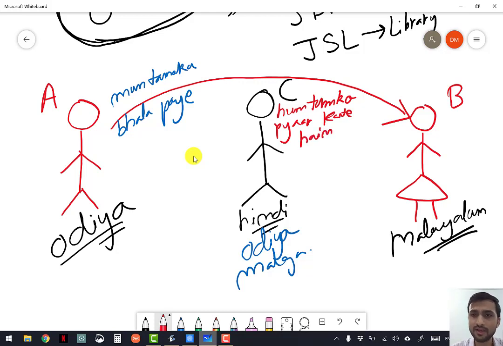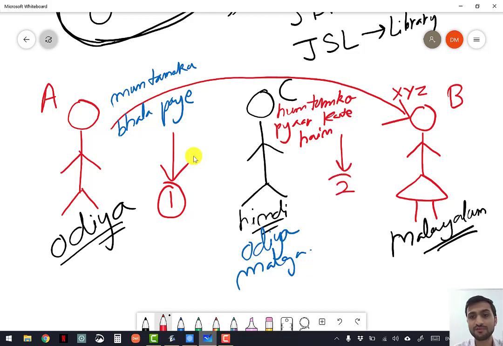And then he will convert this into Malayalam. I don't know Malayalam, so let it be XYZ, which means I love you only. In all three cases the meaning is the same: I love you. So here there were two processes. Process 1, conversion from Odia to Hindi, and process 2, conversion from Hindi to the final language, Malayalam.